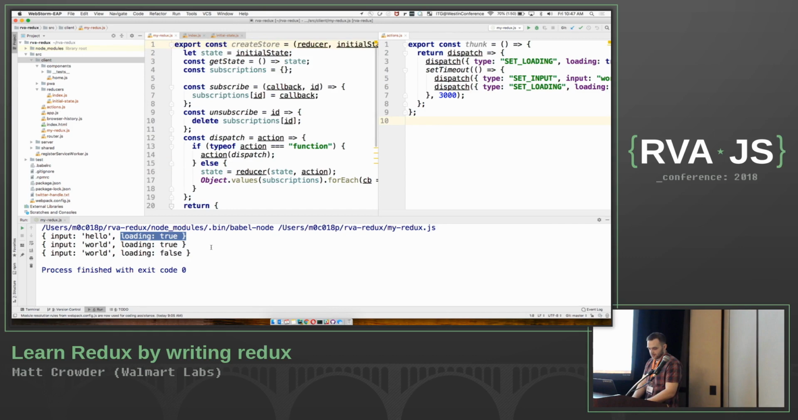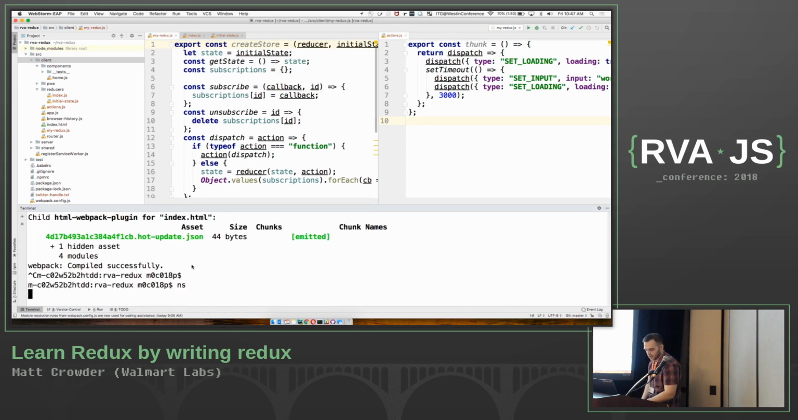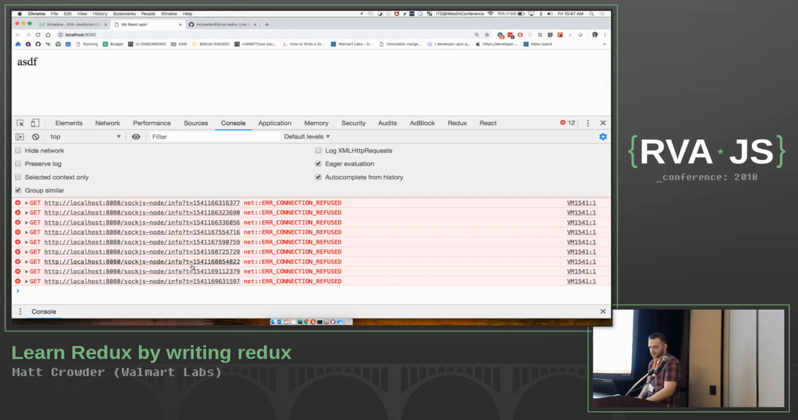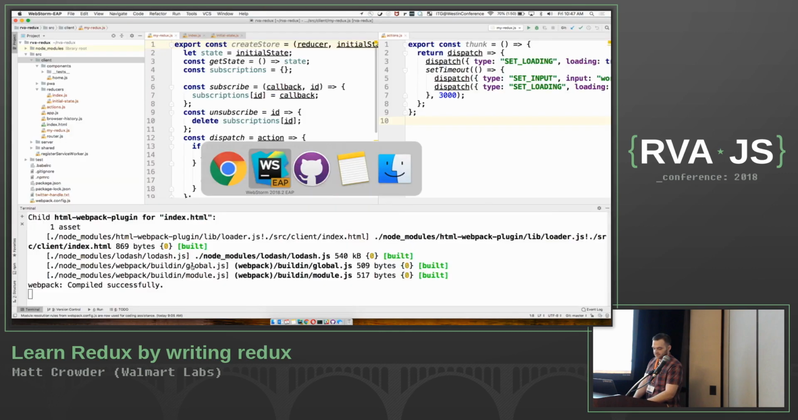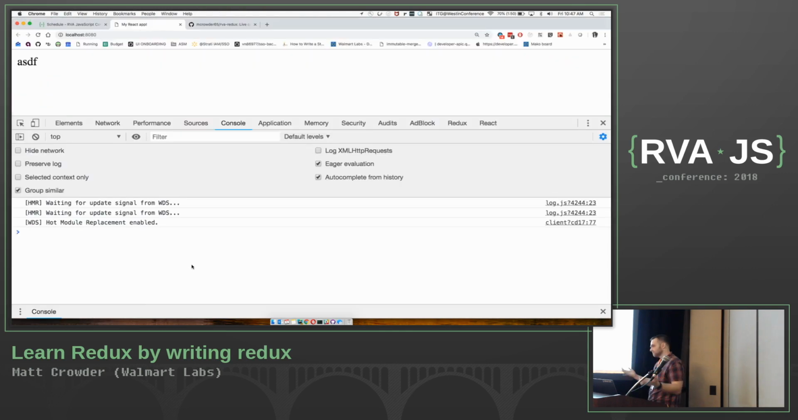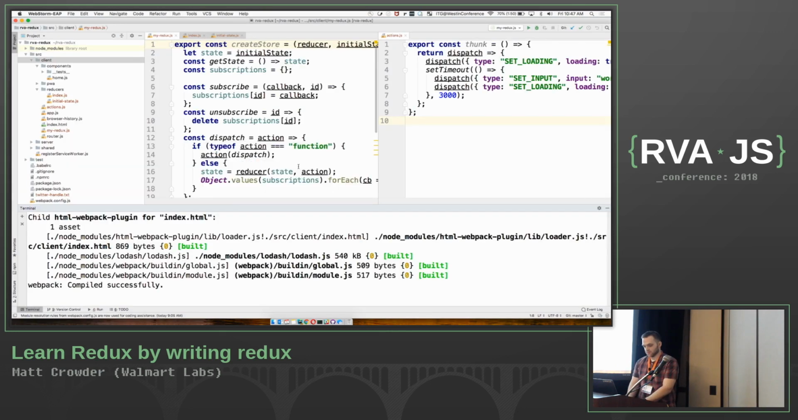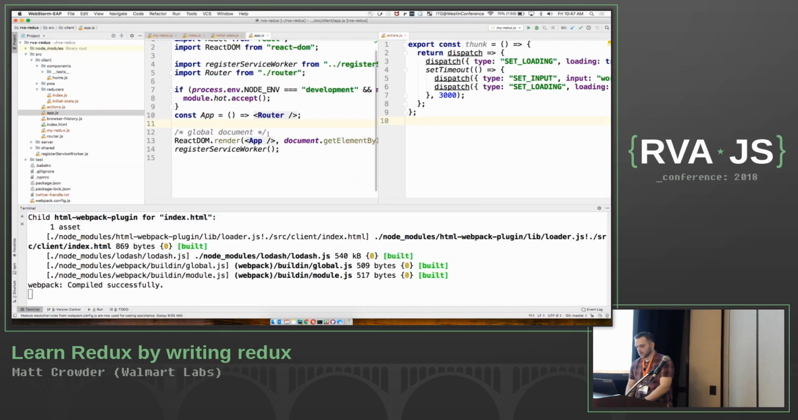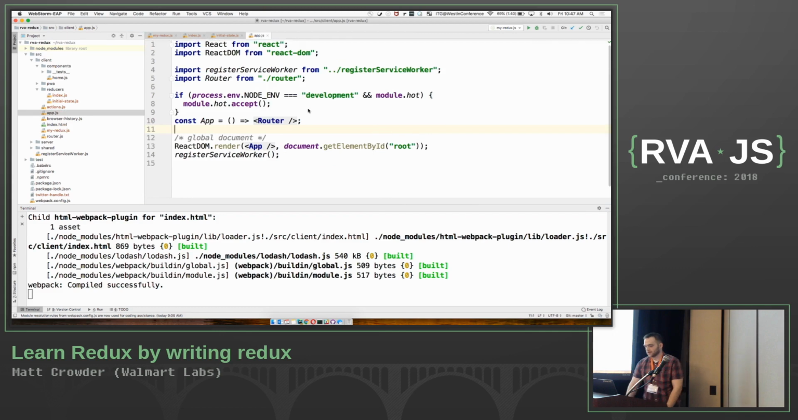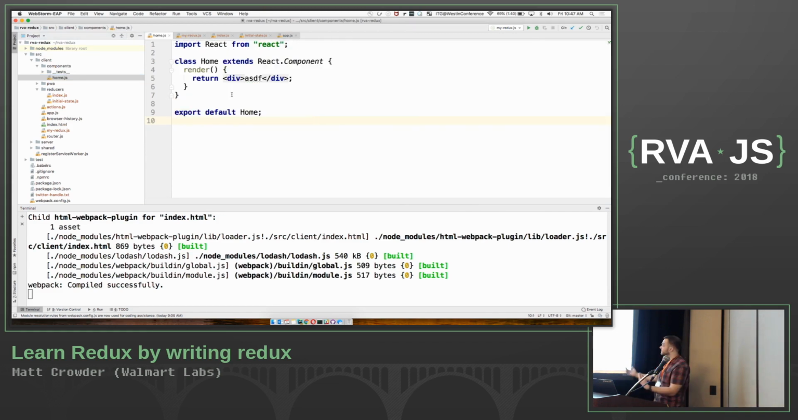So I have this little app running that displays ASDF. Yes, hold your applause, please. So really, we just have this app.js. It just renders a router, and then internally in the router, it's just displaying this home component that just renders ASDF. So that's what that is. So what we want to do in React,